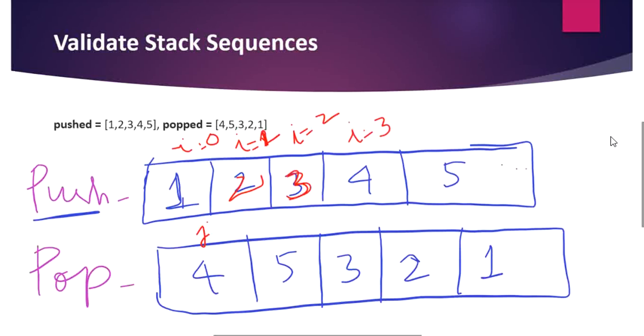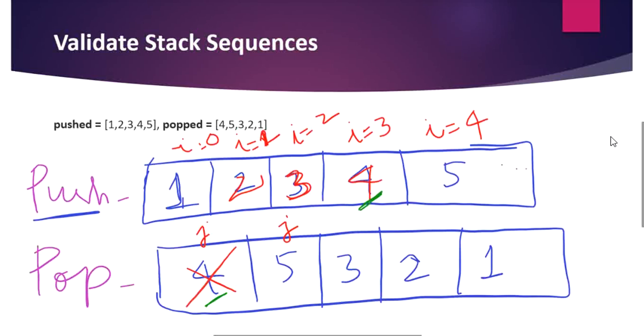I to 3. So now moving to our index I is equal to 3, we are going to push 4 to the same array and then move our pointer to the 4th index and check whether it points at 4. Yes, here when I is equal to 3, the top element in push was 4 and j points at 4. In this case, we are going to move the pointer j to the next element, which means we popped 4